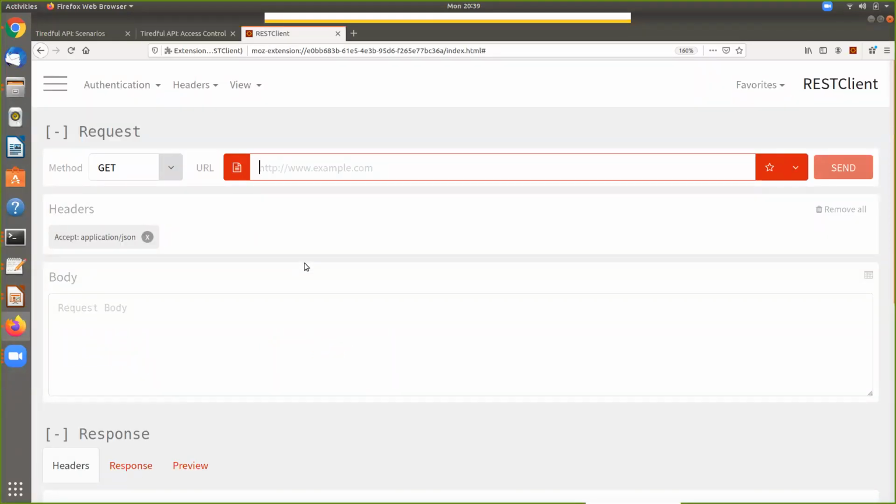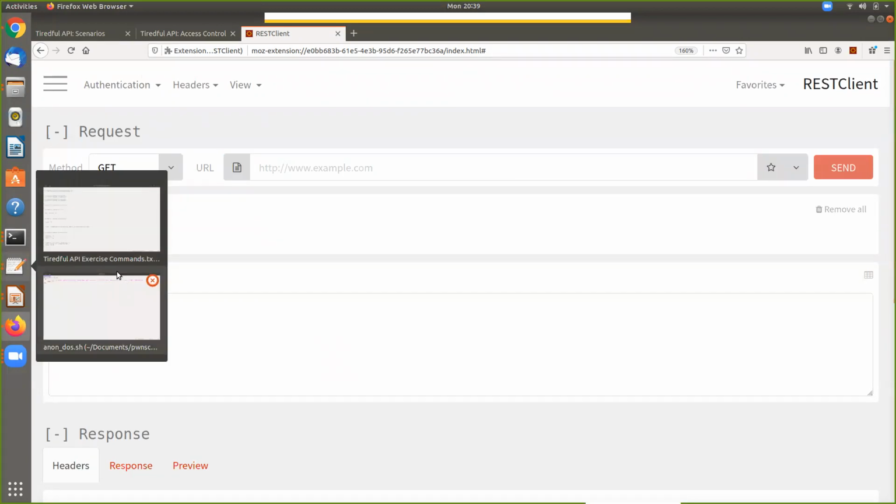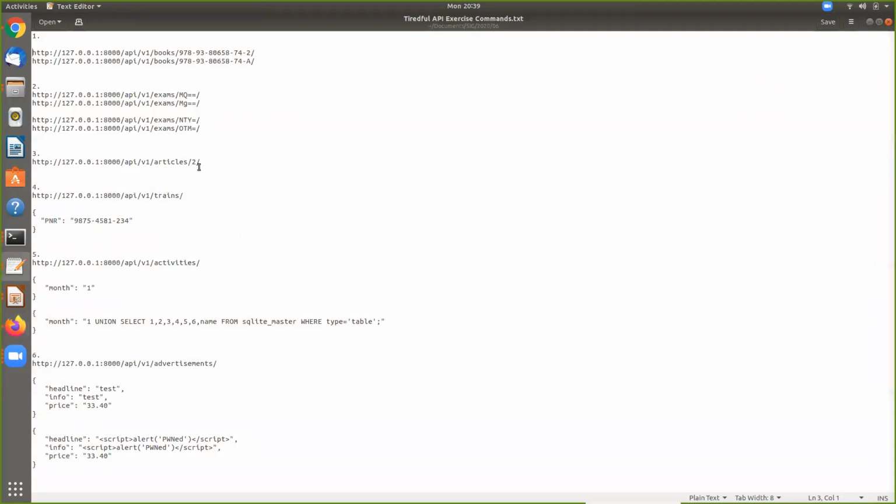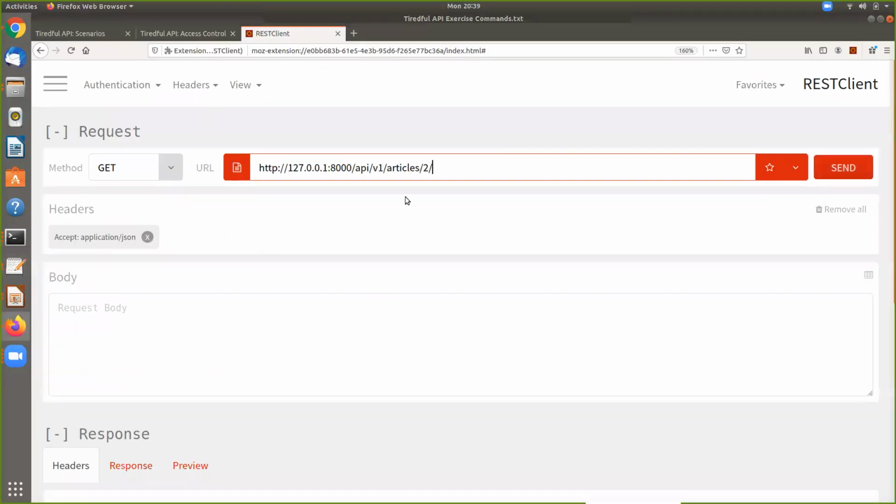So I'm going to come back here. And for this, I just need the accept header, which is what I have. And then we're just going to do a GET request. Let me go ahead and get that article ID. Number 2, I believe, is first in our list. So I'm just going to copy that real quick, come in here and paste it in.